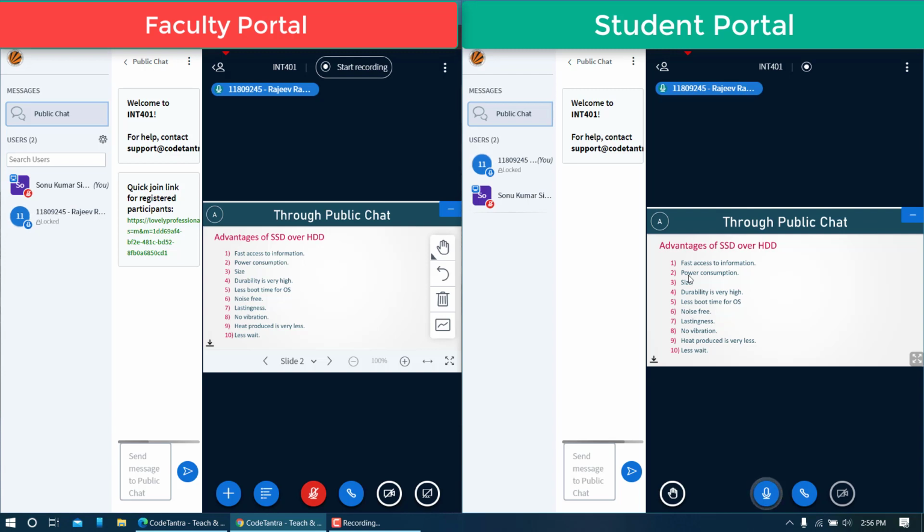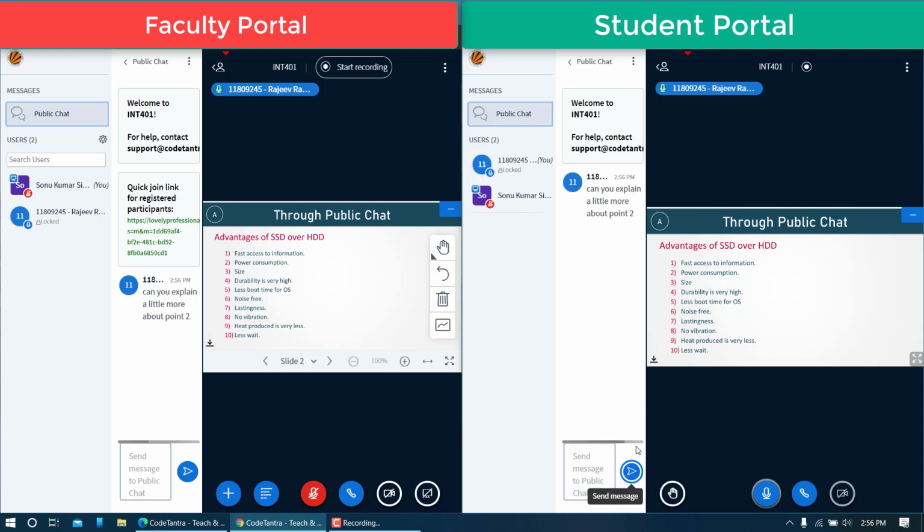Let us say that you as a student are looking at point number 2 and you didn't understand the teacher's explanation. This may be because of a breakage of the audio, or for some other reason. Let us say you have a query or you want another explanation of point number 2. What you can type in this box is, can you explain a little more about point 2? And then you press the send message button.